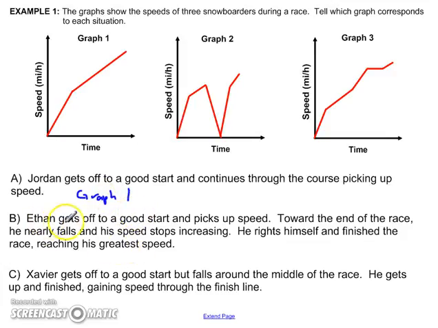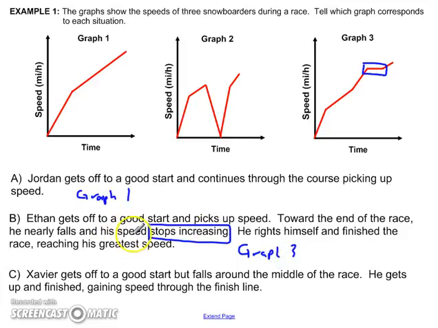So Ethan gets off to a good start and picks up speed. Toward the end of the race, he nearly falls and his speed stops increasing, and that is an important piece right there. His speed stops increasing. He rights himself and he finishes the race, reaching his greatest speed. So in these two graphs here, the key part is his speed stops increasing, which leads me to believe that we're looking for that piece right over there, where yes, he's picking up speed, levels out, but still gaining speed. This part right here, his speed stops increasing. Graph 3, and it is near the end of the race, which is indicated in